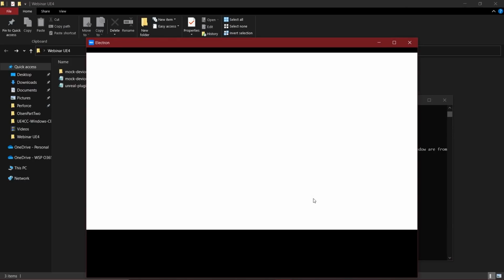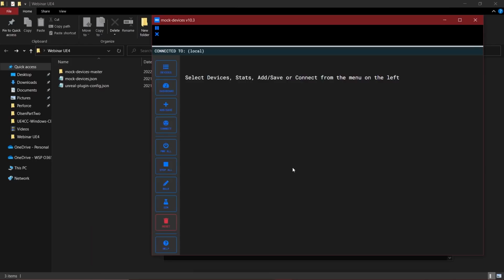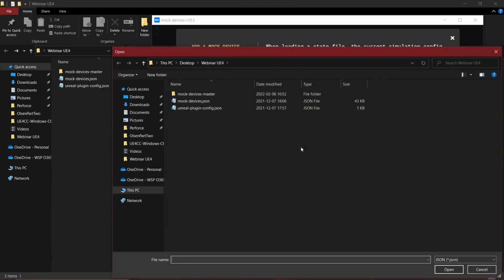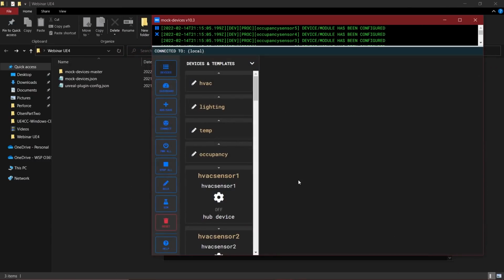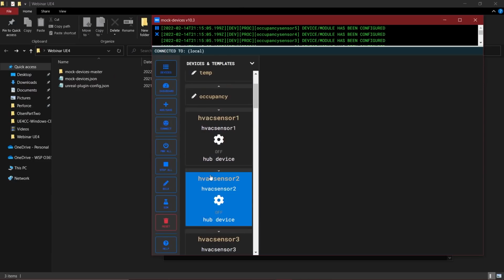And then once you are in the mock devices app, you just simply hit add save here. And then you load save from file system, you browse for file, and then you load the mock devices config. And then once the config's loaded, you can see all of the sensors are in here. You just hit power all.